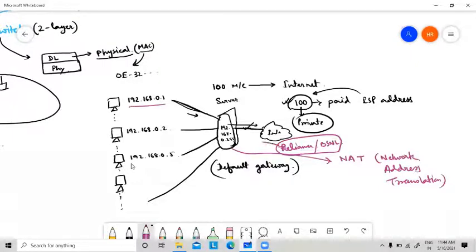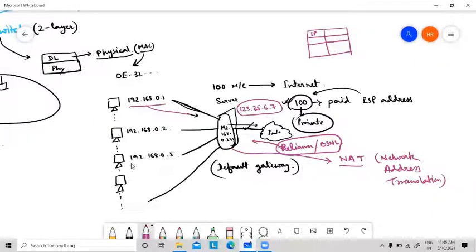Suppose Reliance ISP provided one IP address to us, and that IP address is 123.35.6.7, and for that IP address we have to pay. Suppose one request is coming from this device. So what NAT is doing, NAT is creating a table from which IP address the request is coming.